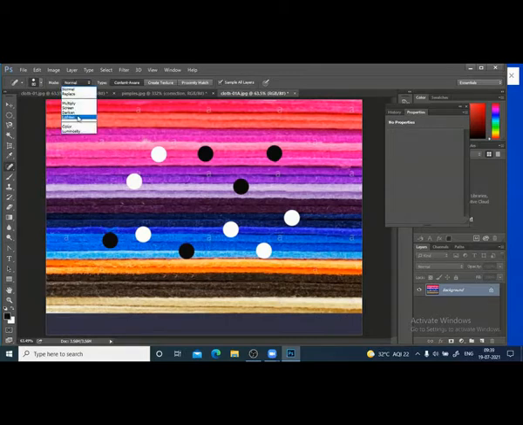lighten. There are two things here, darken and lighten. Let me use the lighten. When you use the lighten instead of normal, if you click here, it will not affect the light colors. See, white will not go. But if you use black, you can remove. You can easily remove it.